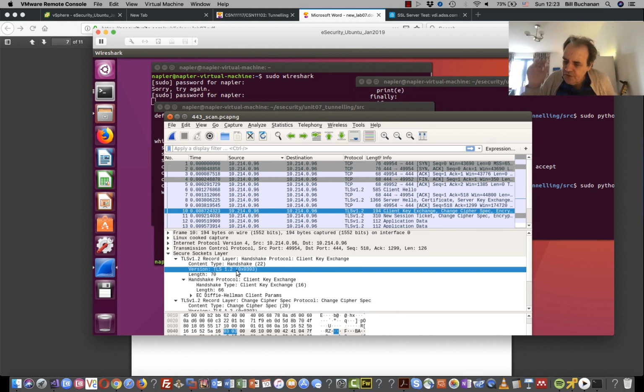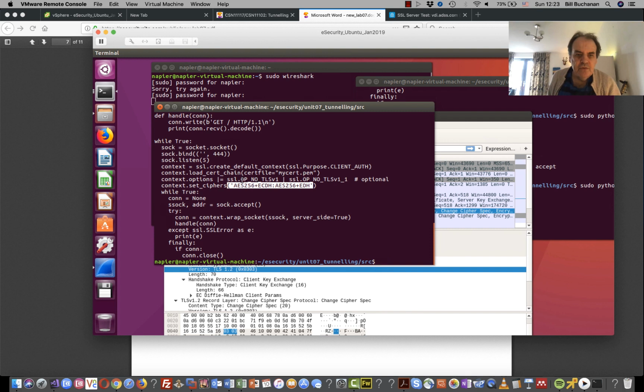Have a look. You can change the different cipher suites that you send within the client that will be accepted by the server, and we can set ciphers equal to high. If we change set ciphers equal to high, it will only take the best crypto possible. So for the last part,